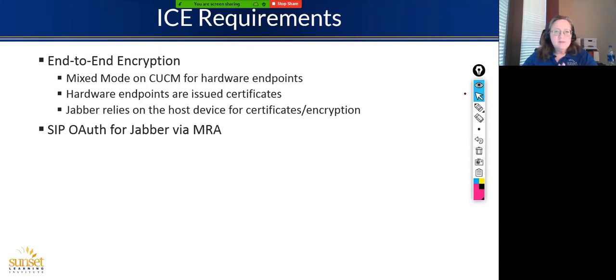So you're going to need to set up SIP OAuth as part of your Jabber deployment, which is not a bad thing to do anyway. So you're going to need an identity provider and SSO and all that good stuff, and then authorize the endpoint to do that. So ICE, like I said,